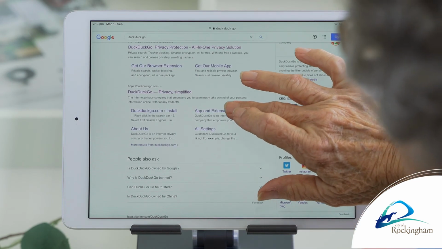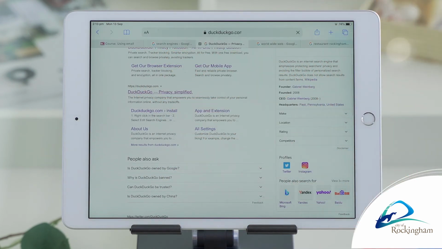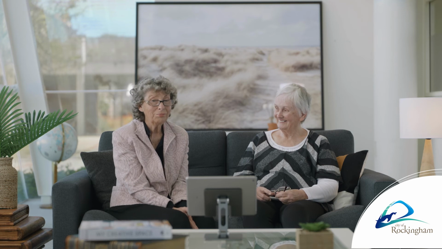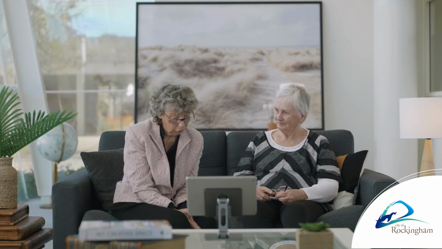Probably the least amount of tracking is using the Safari browser with DuckDuckGo. And DuckDuckGo is really a genuine search engine, and it doesn't track you. That's its business model, to not track you. Wow. So if you're looking for security, that's important.